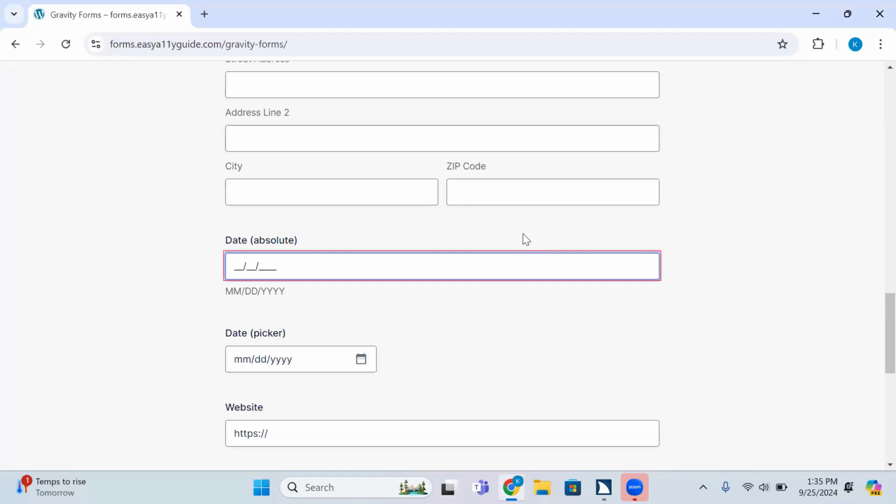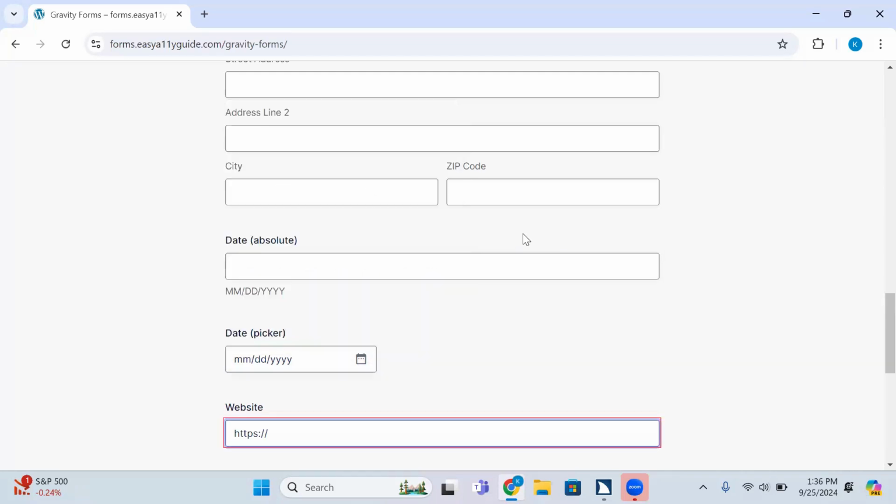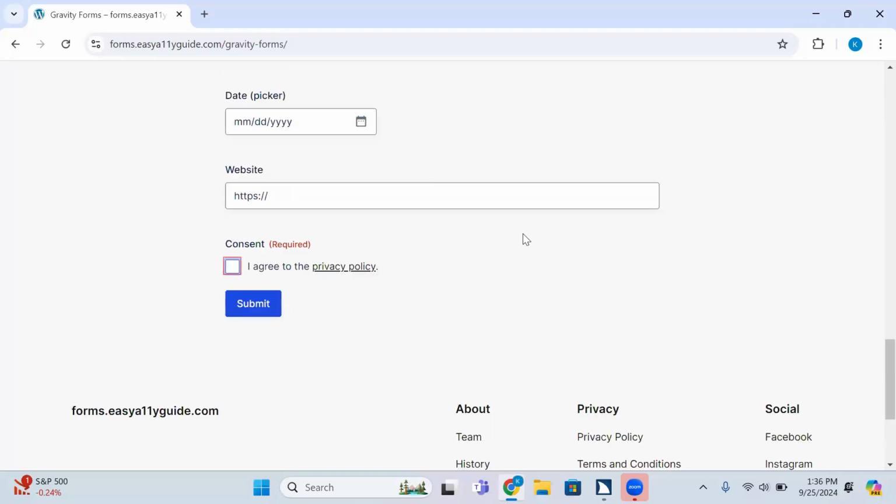Well, it's not required. Date picker edit blank placeholder mm/dd/yyyy, type in text. All right, so this is the fancy date picker. See if you can do anything with this one. Trying to arrow through. Nope. Nope. All right, next field. Website edit blank placeholder https. Okay. Consent required group. I agree to the privacy policy. Checkbox not checked required. To check press space bar. Checked required. It actually read the privacy policy link. Submit button to activate. Press enter.